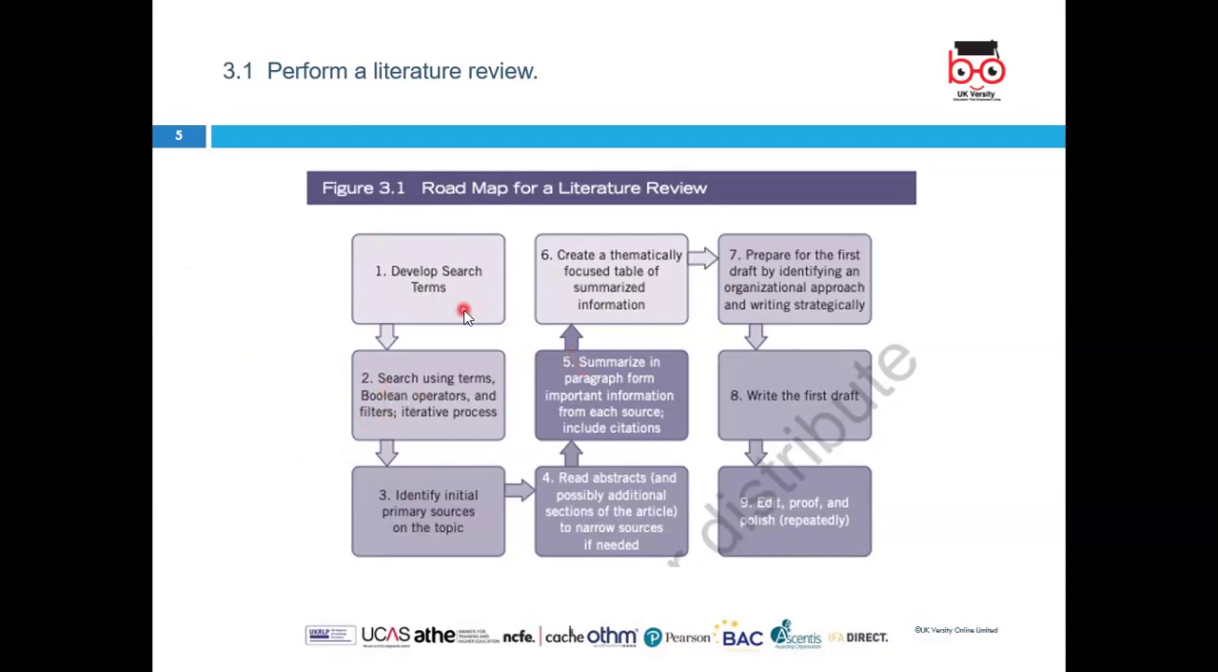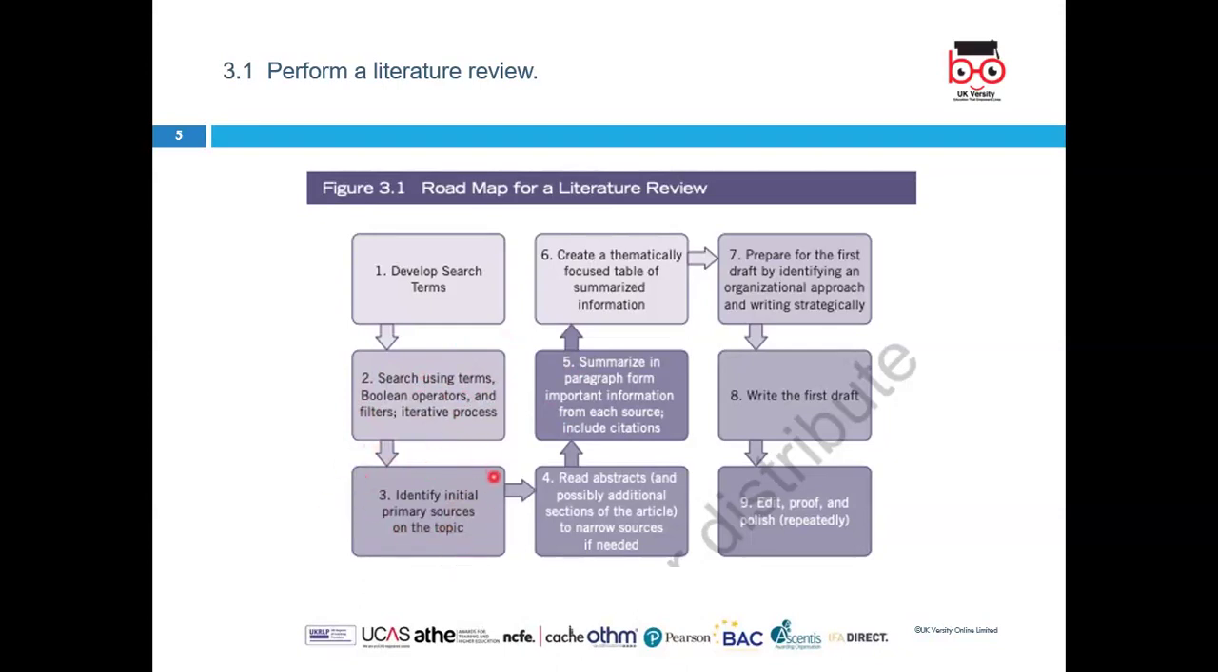So these search terms are basically there so that you could then search for literature. If you don't have these search terms, obviously you don't know where to go next, how to start. So you search using terms. You have Boolean operators, we'll come to this, and you have filters. It's an iterative process. Third, you